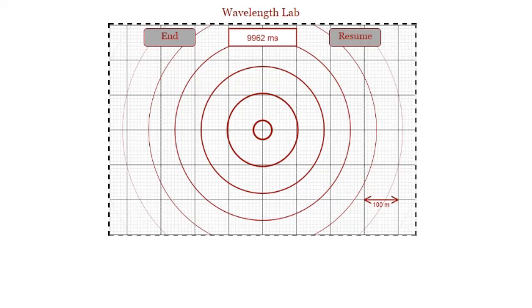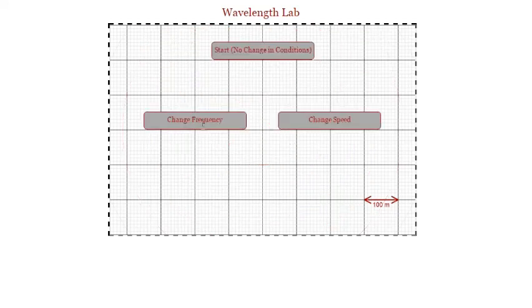But once you've done that, you're going to actually create a table because you're going to keep your wave speed the same, but you're going to be changing the frequency. So once you've done it this time, now go back in, hit end again, and change your frequency. Don't change the speed though, just change the frequency. Click it 3 times with a different pacing. And you're going to do the same thing. Let it go for 10,000 milliseconds, figure out the frequency, figure out the wavelength, collect your data,